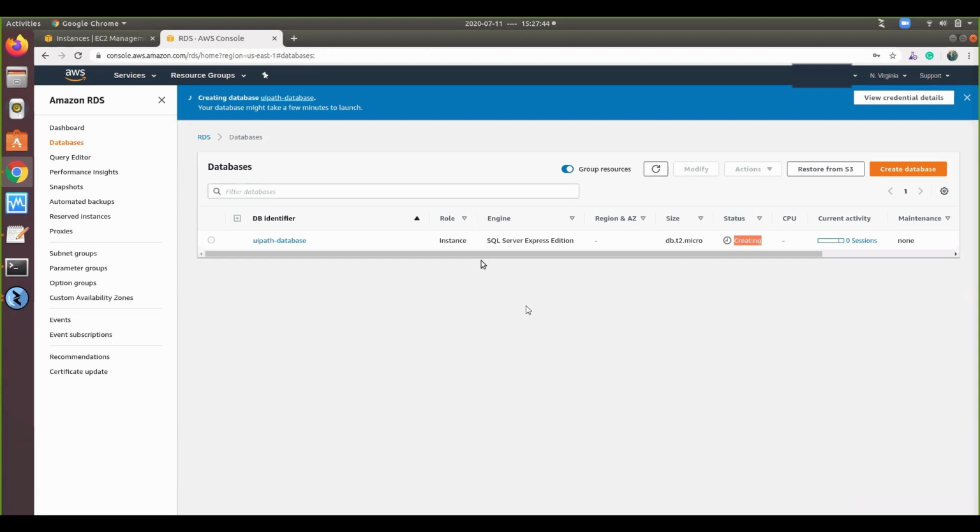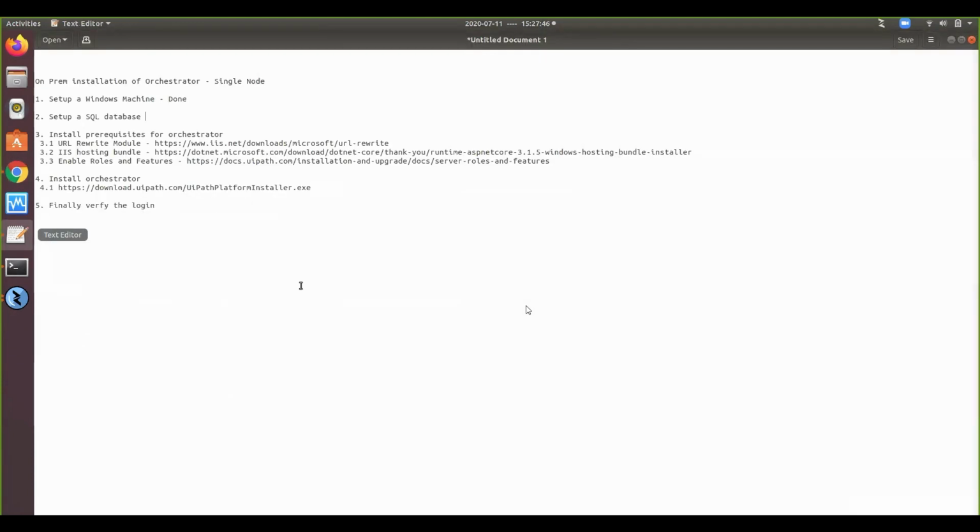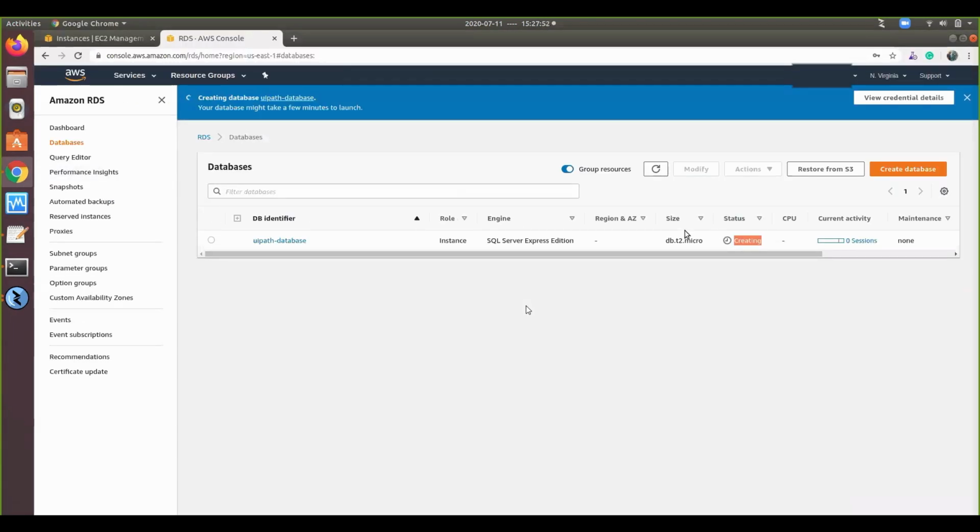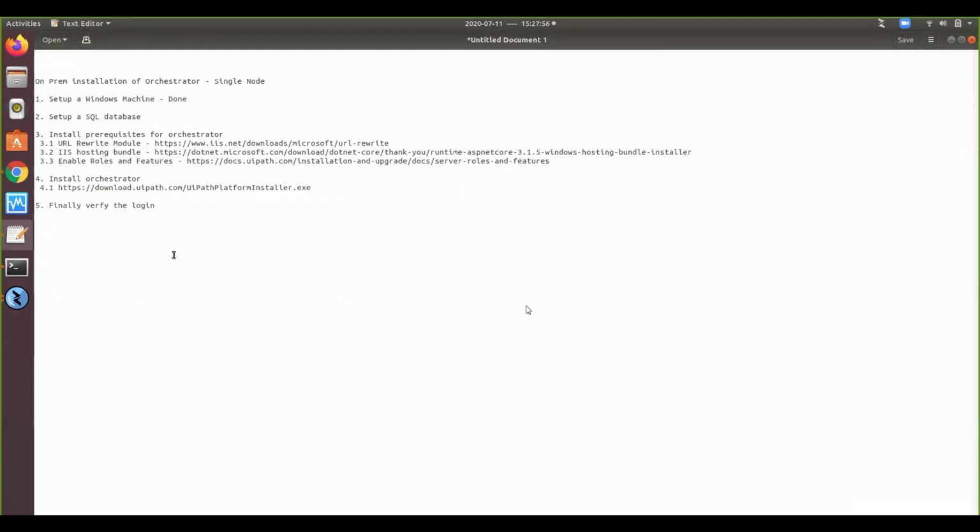Okay. In the meanwhile, in the process of setting up the database, we will set up the prerequisites for our UiPath orchestrator. That is nothing but step 3. So marking step 2 as done.